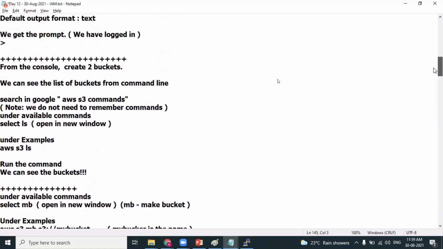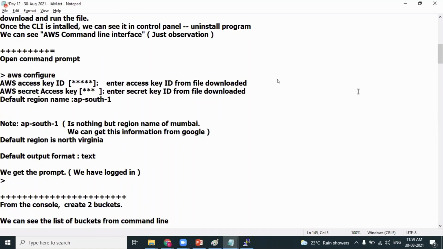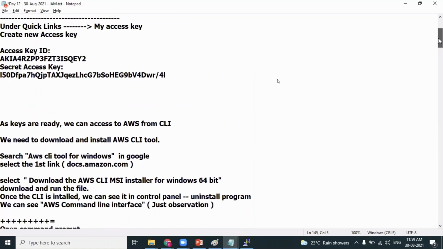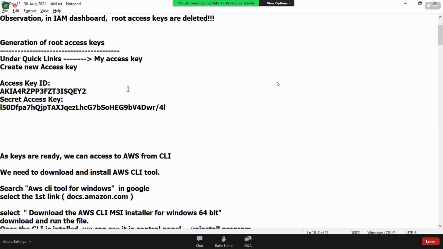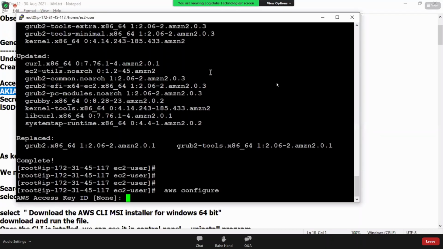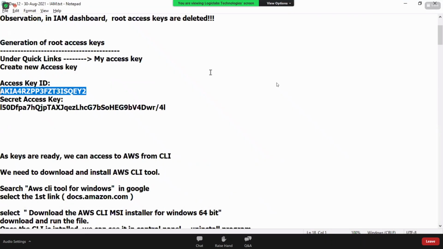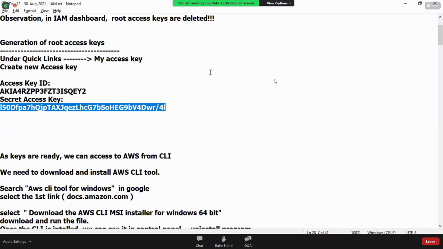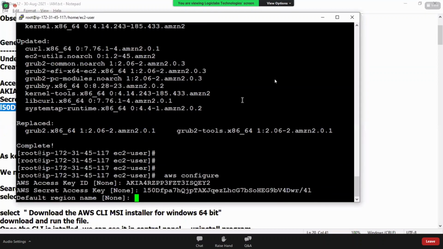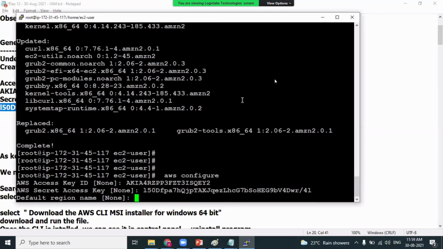We have taken a note of it. This one. Secret key. Which region? Any region.